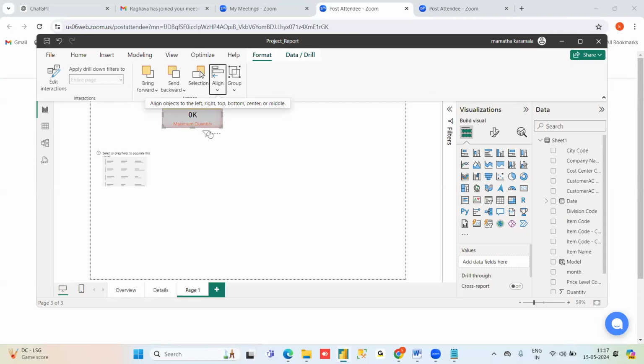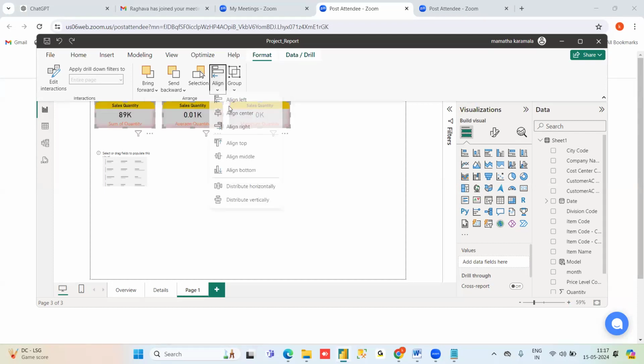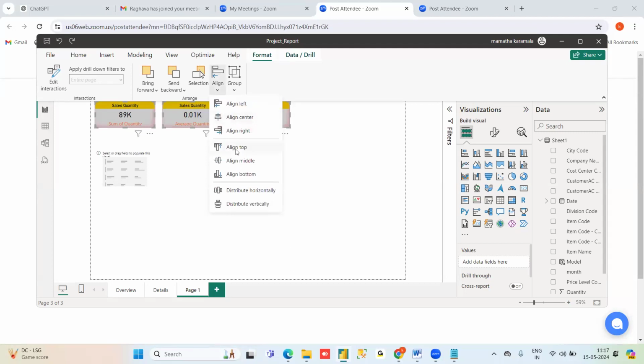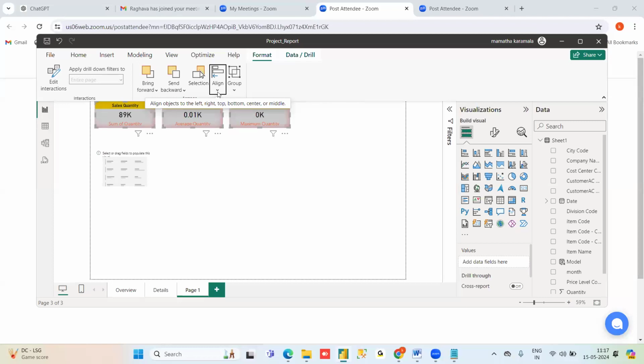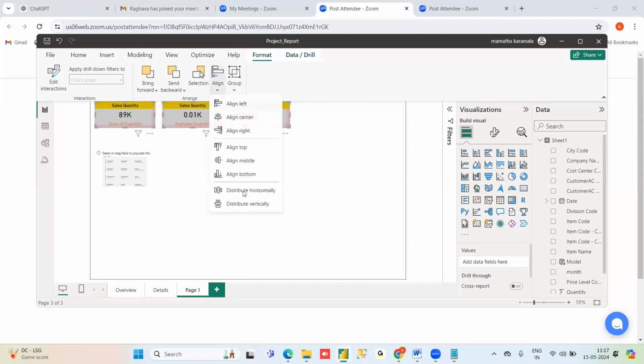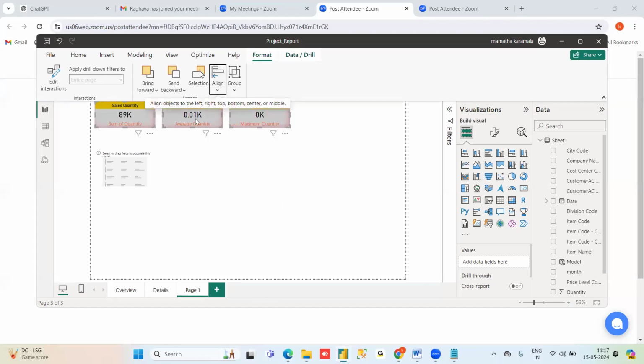Because it is all coming into one, because I have selected all the visuals, all the cards at a time. That is the reason, control Z. I want to align just a top alignment, so select and it should be top align and distribute horizontally. That means the gaps between these would be horizontally distributed. Okay, equal gaps it will maintain